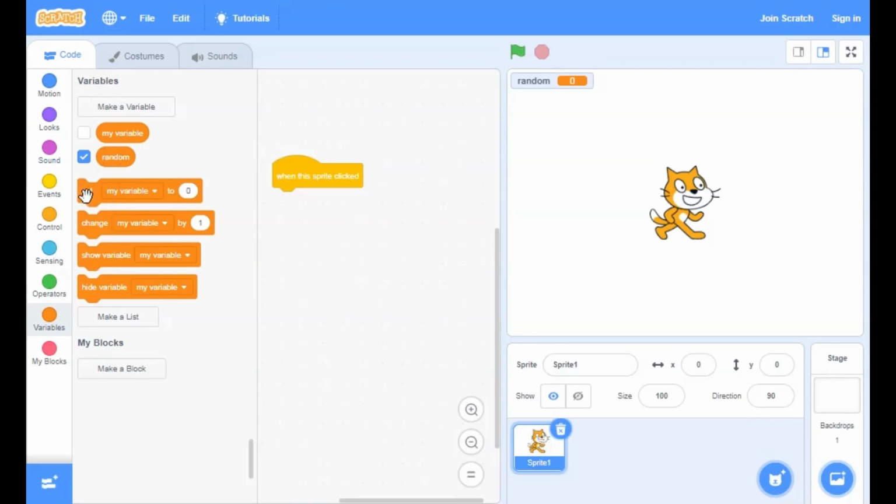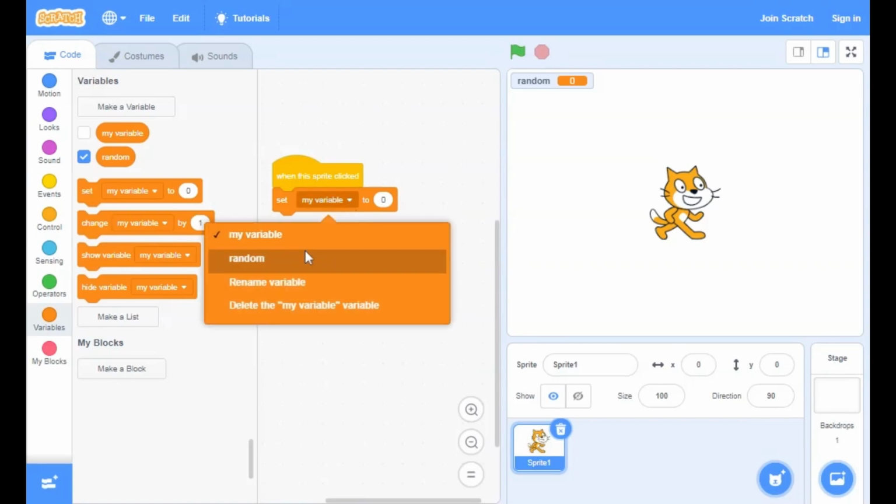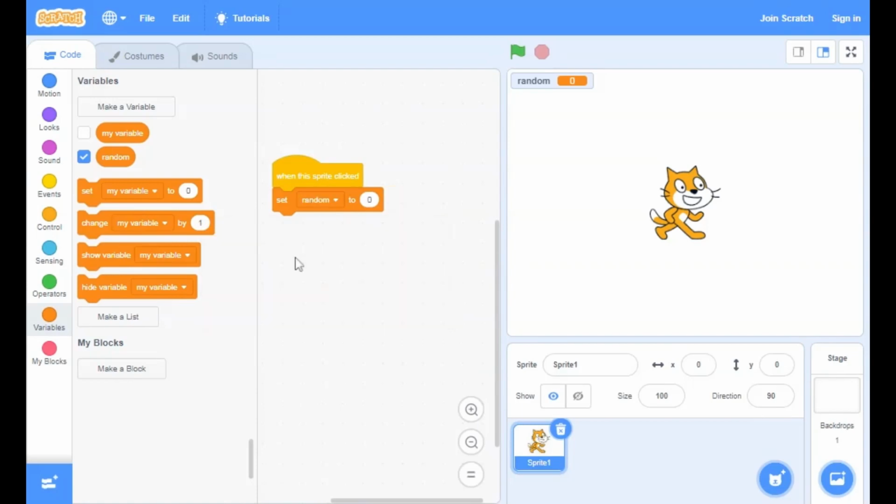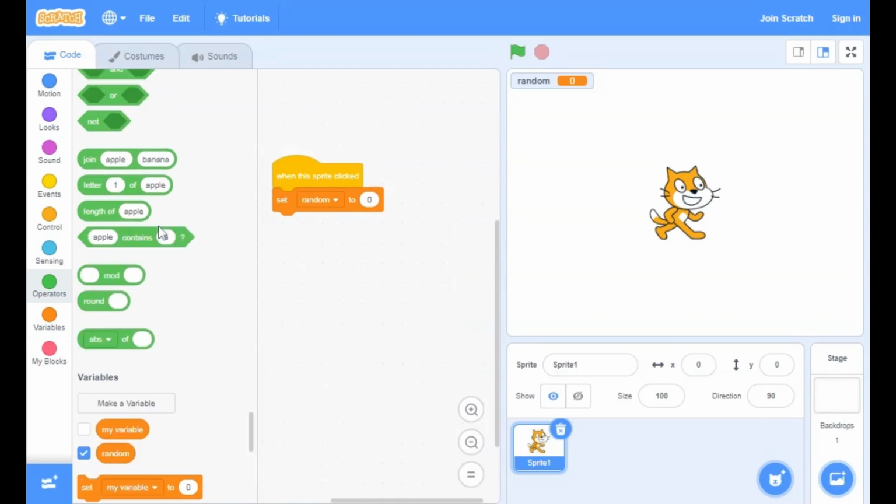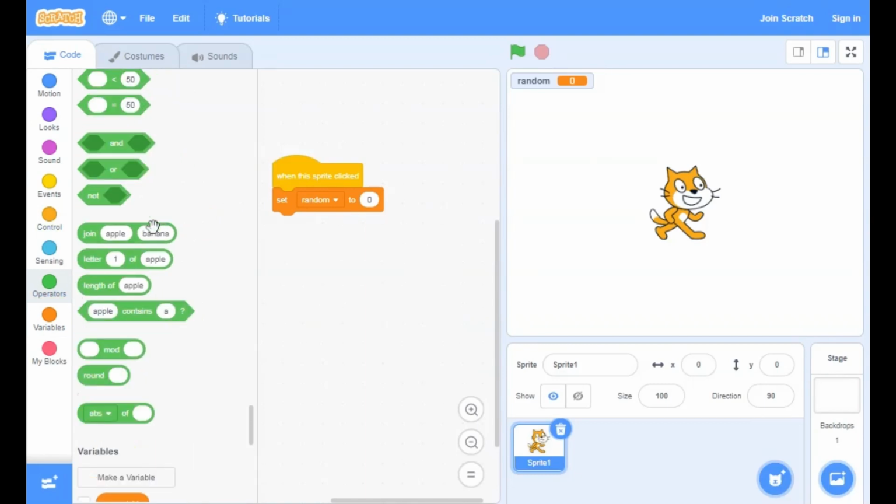Now take this set my variable to 0 and click it here. Now you see this arrow over here at the right side of my variable. You click it and here it is random. So you'll just click that and go here into operators and click join. Here you go. And in place of apple, you will say